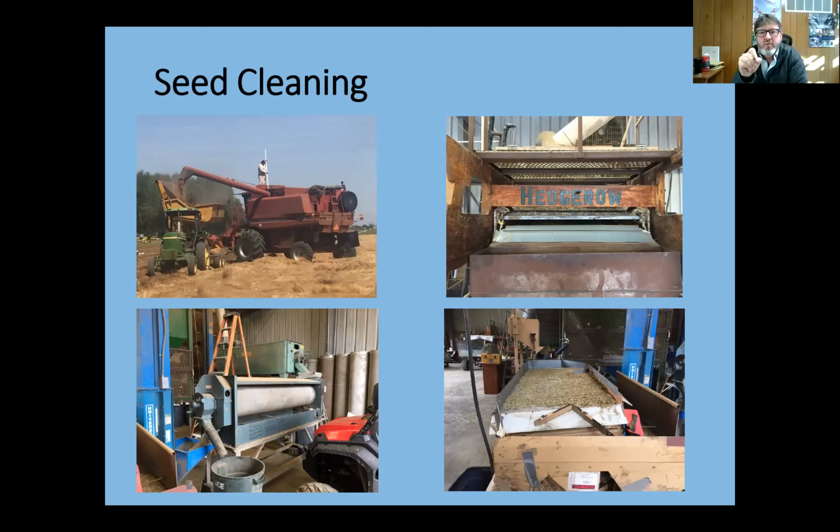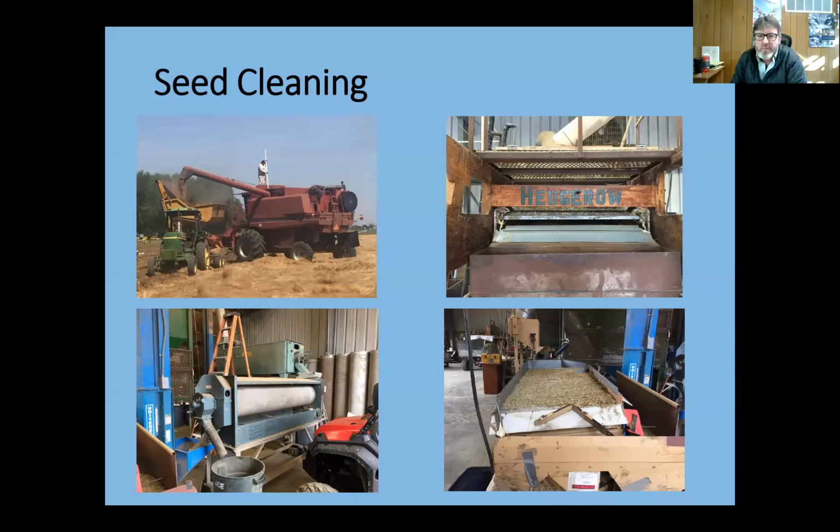At Hedgerow Farms, we generally use three different machines to clean our seed. The machine on the upper right is a Clipper, a cleaning machine. It's the primary cleaning machine that starts the process. It has a series of agitating screens that separates your target seed from everything else. If you look at the bottom left, those are indents.